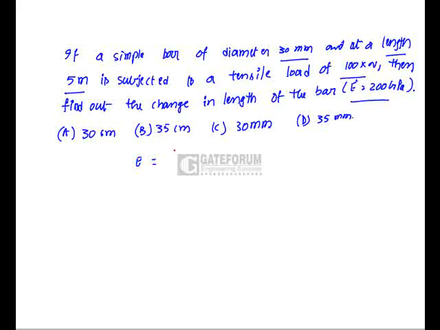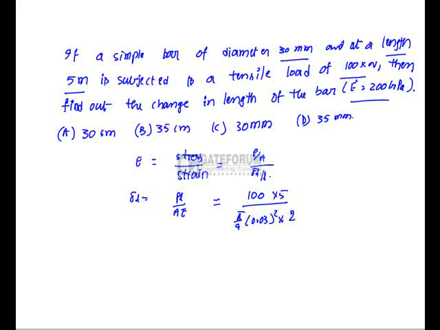We know the modulus of elasticity is equal to stress by strain, that is equal to P by A by delta L by L. Change in length delta L is equal to PL by AE. By substituting the values from the question, 100 kilonewtons into 5 by area, which is pi by 4 d square, 0.03 square, into modulus of elasticity 200 into 10 to the power of 9, 10 to the power of minus 3, that is equal to